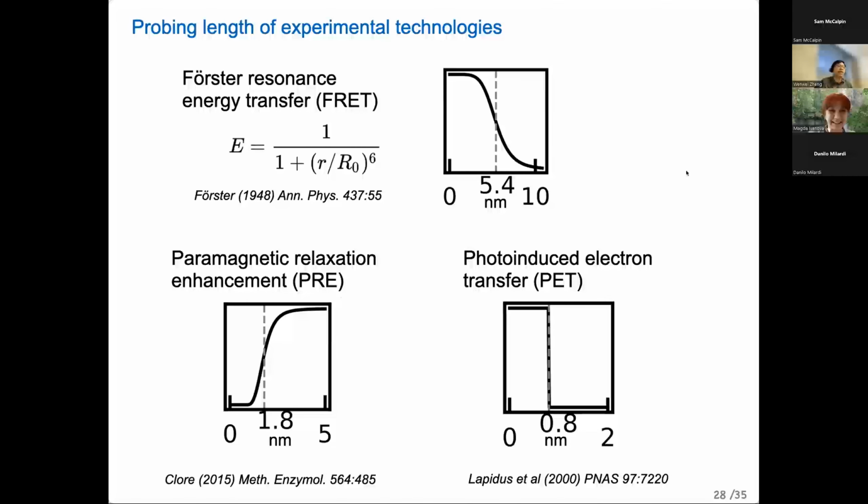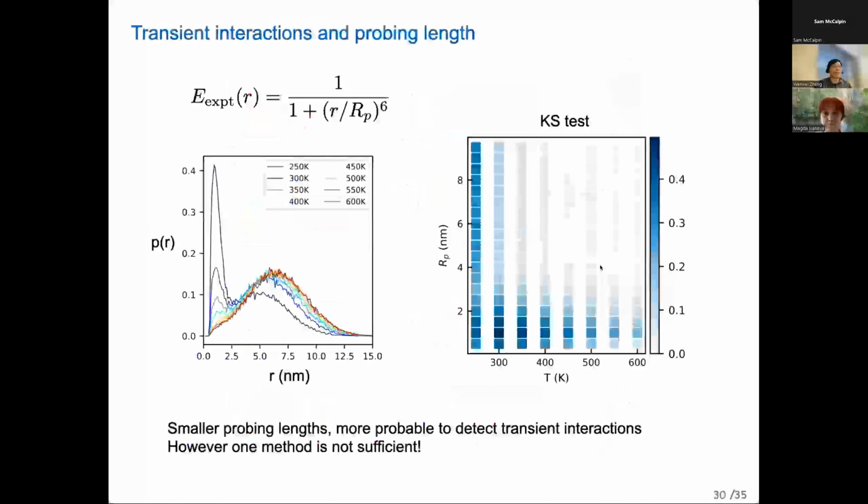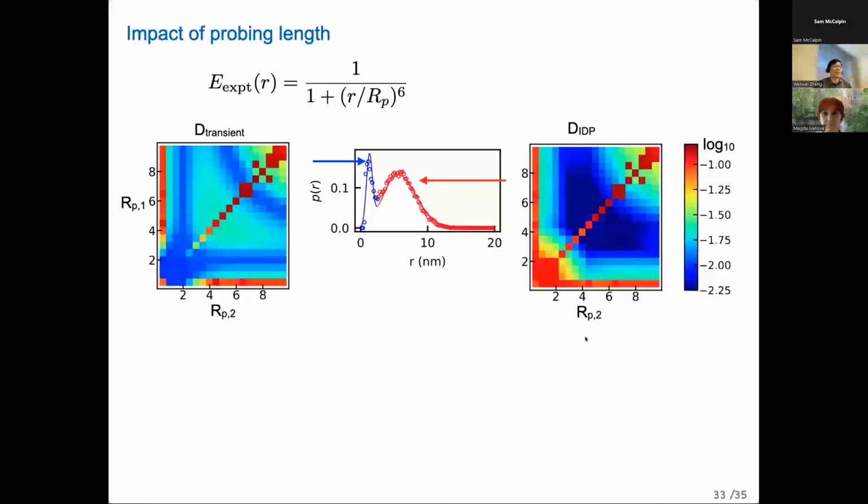Yes, very quickly. So we test three different experimental data with the probing lens, and different experimental technologies are sensitive to a specific distance. For example, FRET is about 5.4 nanometers, which is related to the dye. And there are two other experimental technologies that we can test. So with that in mind, I will very quickly skip and directly push to the last slide, which is very